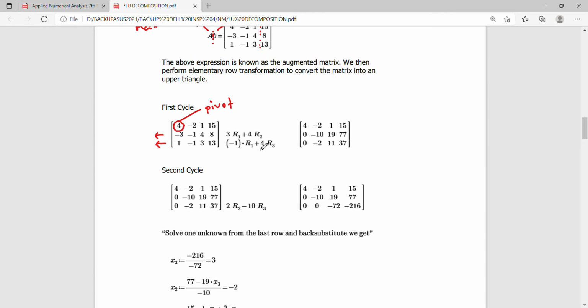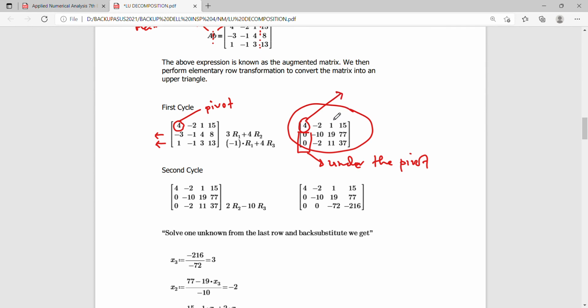upon performing this, we yield this new set of augmented matrix. So take note that we zeroed the value. Okay, we zeroed the value. Our objective is to zero the value of the matrix always under the pivot. And the pivot here is actually your 4. Okay,